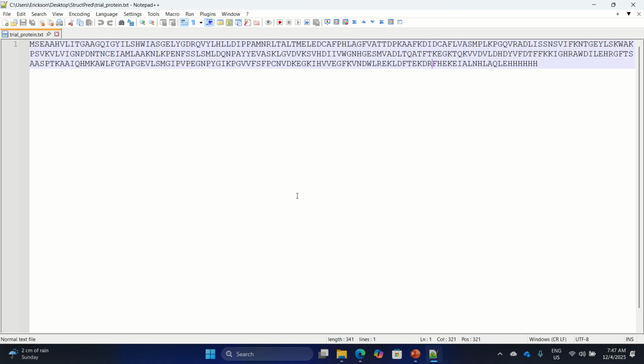Let's say you want to perform molecular dynamic simulation using this protein. However, you don't have a PDB file available in the PDB website. What we can do is find a similar homologous structure to this sequence.